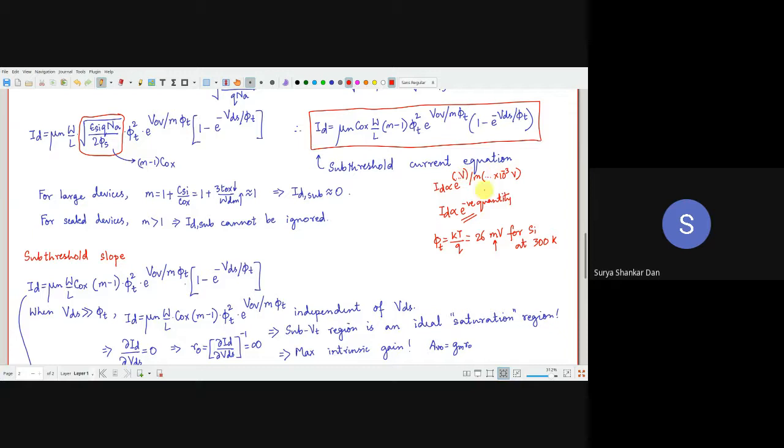ठीक है? And this quantity small m, as I have written, for large devices, mostly it will be 1 only. That is the reason why this small m term, this body effect coefficient, is essentially ignored in most of the courses. In fact, in advanced VLSI also, I will be ignoring this small m. Towards the end of this course, when we go into small scale devices, only then we will look into the small m. That becomes important. For now, we can take small m equal to 1.